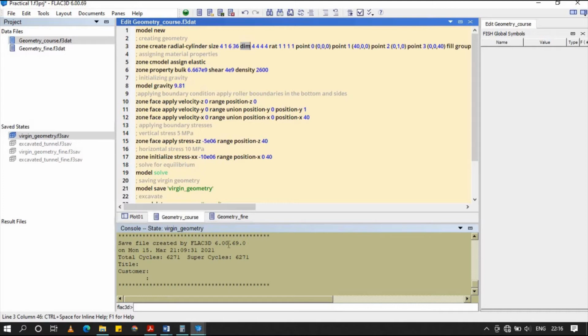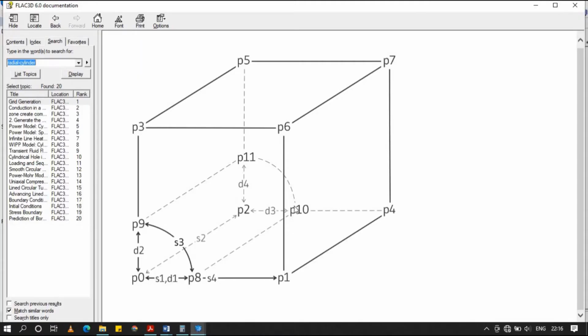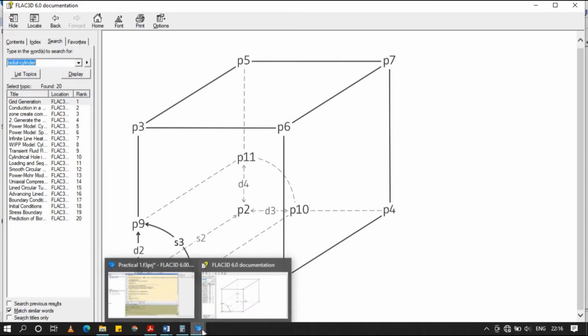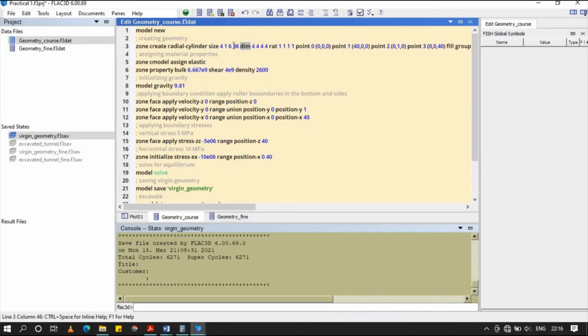Okay. And now S4. Size 4 is this part. This remaining part is 36 meters, since from 40 we subtract the 4 meter radius, leaving 36 meters. So 36 meters is simulated by 36 elements, so 36. And the ratio is 1, 1, 1, 1, so that the size of the elements will remain unit length. It will not be a graded mesh. You'll come to know that later. So by doing this, we create the geometry first.